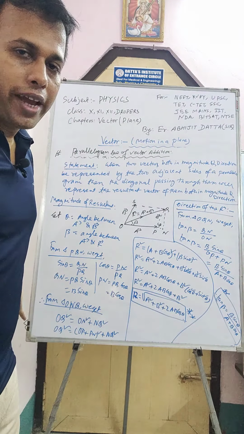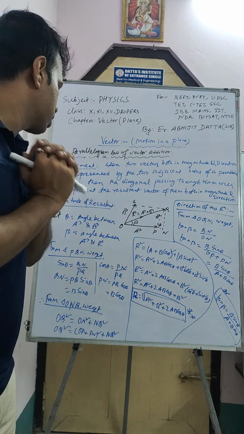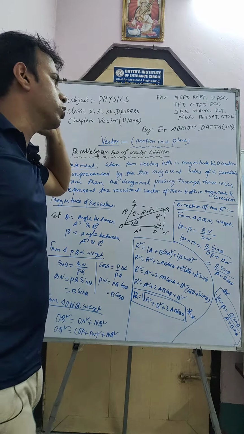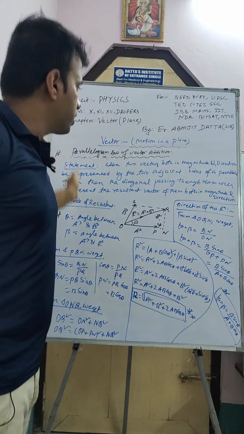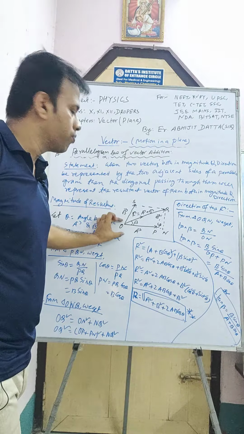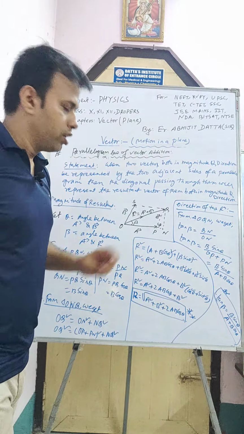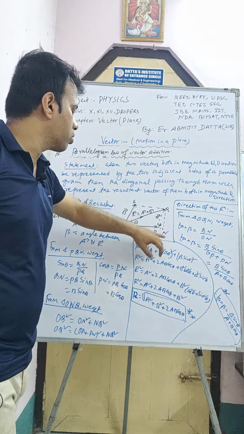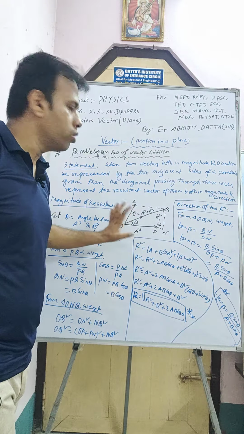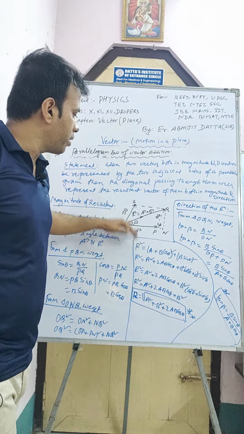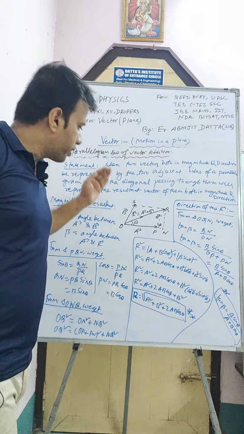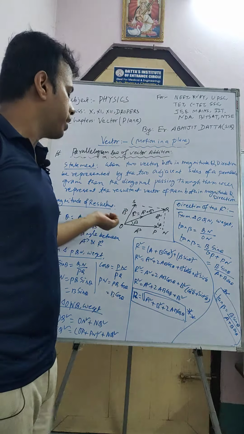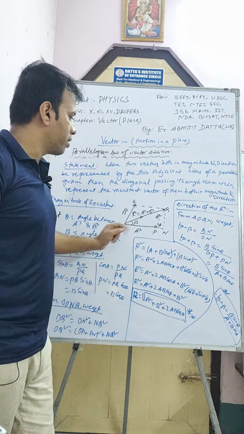Okay, so let me explain again briefly. First of all, the statement. When two vectors, both in magnitude and direction, are represented by two adjacent sides. Adjacent sides means the starting point is the same. The starting points of OS and OP are the same, so these are the two adjacent sides. These adjacent sides represent the vectors A and B in magnitude and direction. Now the diagonal passing through these adjacent sides will represent the resultant of them. So the diagonal vector R represents the resultant of A and B, right?